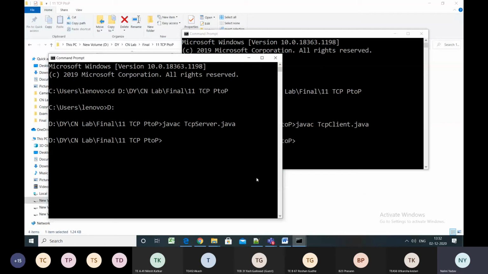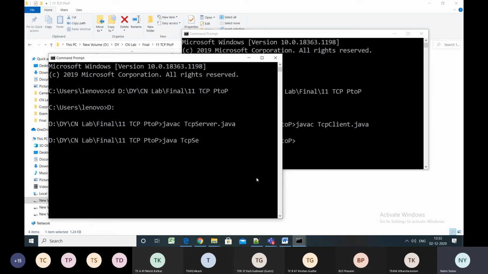Now please remember one important task while executing the code of any client server setup: you have to keep your server running and then only you can run your client code. Because there always has to be a server which is ready for accepting the request from the client, and then only the client server setup will be completed. So please remember that first, whenever you are executing your code during your examination or during the practice, you have to keep your server code running. So now I'm keeping my server code ready.